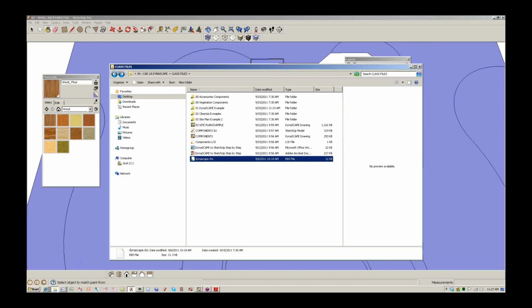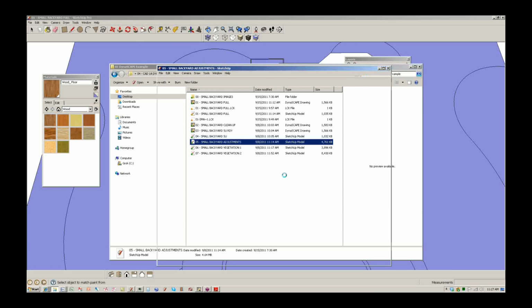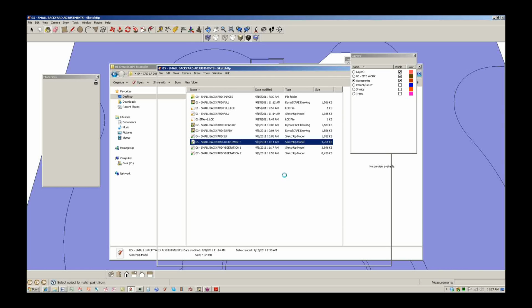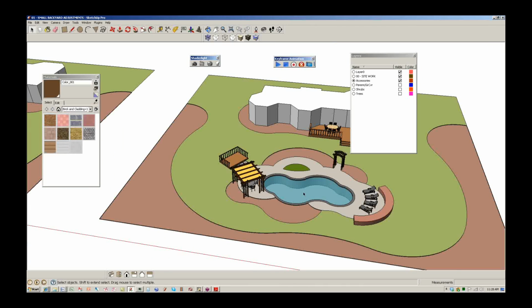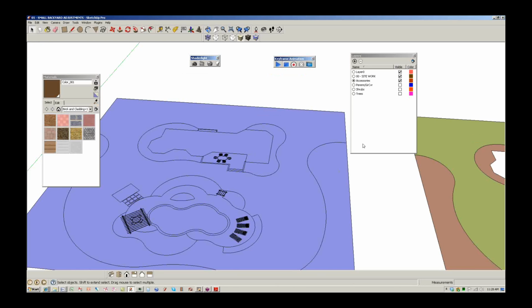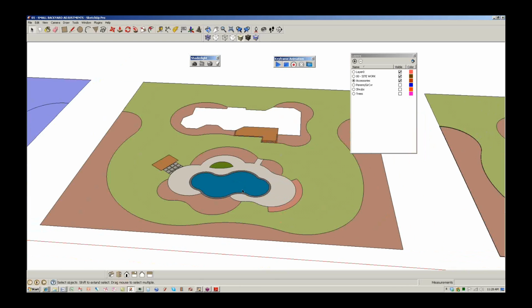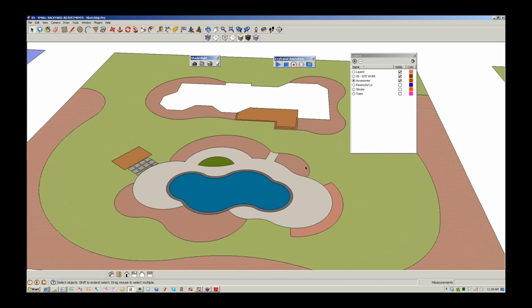And I do have these files ready, so I'm actually going to show you the adjusted version of this so we can speed up this process and keep going, because I want to go through the details of how this works. So we'll give this a second to load. Okay, so you can see here, here's my file. You can see my layers. I've gone through, I've put colors down on all the areas, so my planting beds, my lawn, my concrete, my pool area,